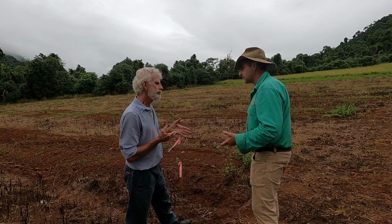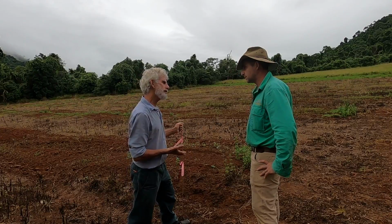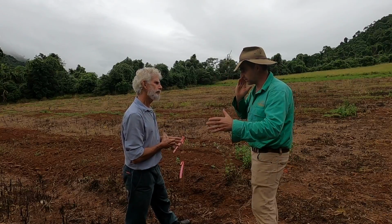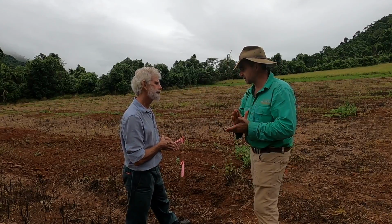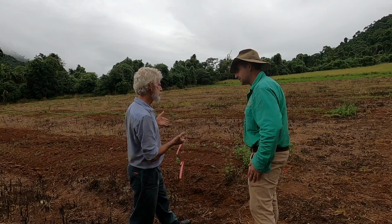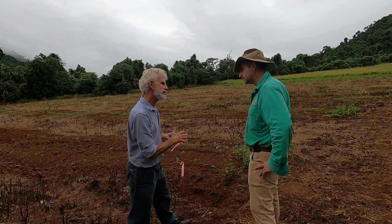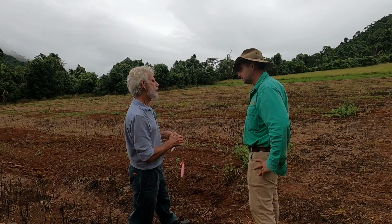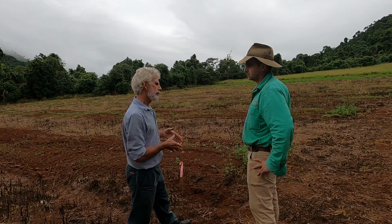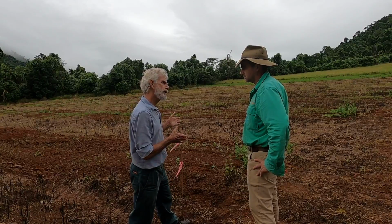Yep. We just know that the standard technique is too expensive in establishment of the tree cover. That was the first thing we saw, where we just rip the row and we plant in nice neat rows. Too expensive because you've got to look after it. So we're going this way. The idea is to do something that gets established faster and requires much less maintenance, and we think that the savings on that will outweigh the extra time that we spend in doing the preparation and the density of the